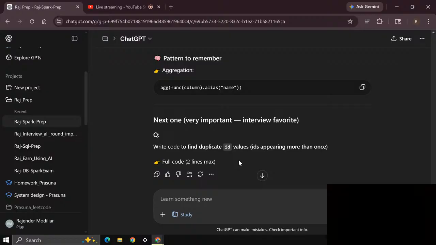Write code to find duplicate ID values. It definitely needs to have duplicates. So keys we don't have, right? Very important interview favorite. Write code to find duplicate ID values: IDs appearing more than once.